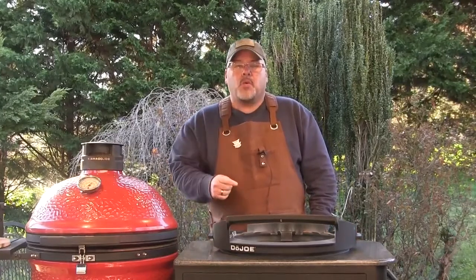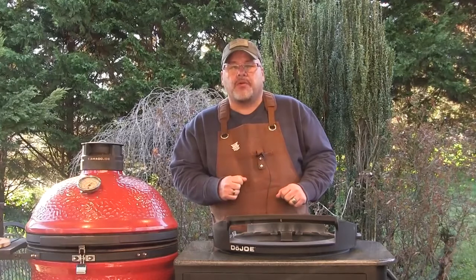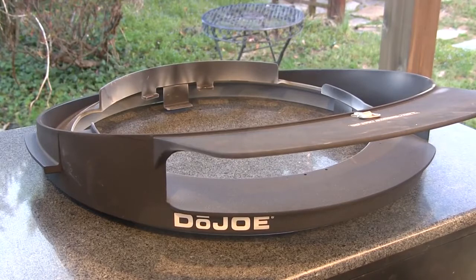The DoJoe rolled in here this week, so we're going to have a look at it. So let's get started. The DoJoe is a pizza accessory for the Kamado Joe Classic and the Kamado Joe Big Joe. It's a wedge-shaped device that's a lot like the Joe Tisserie in that design, but this guy's designed to hold heat deflectors and a pizza stone and allow you to cook your pizzas at high temperatures without having to